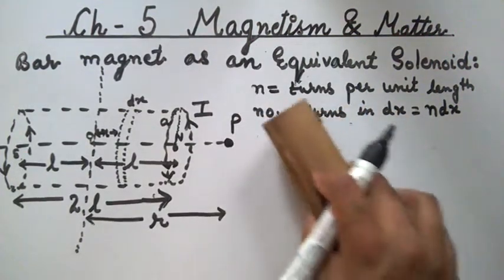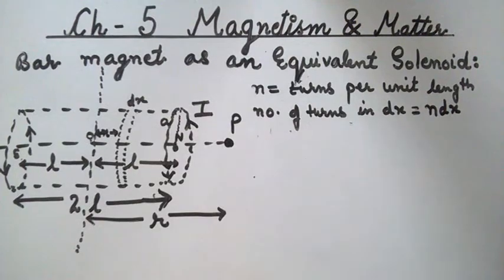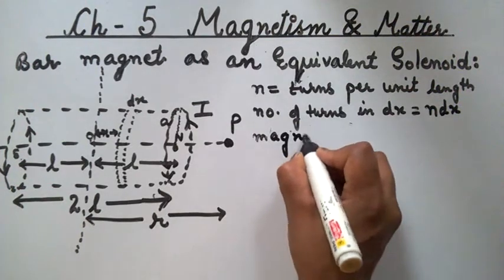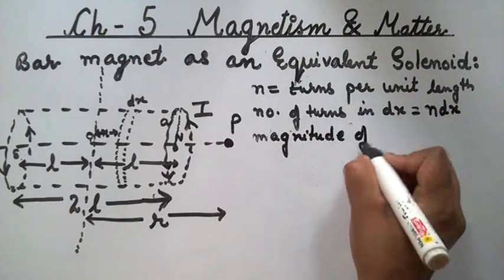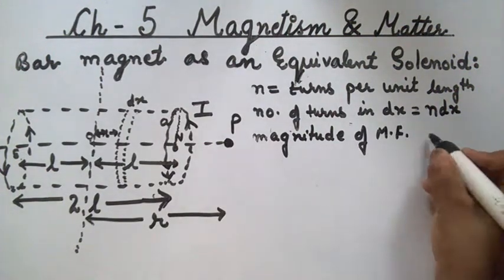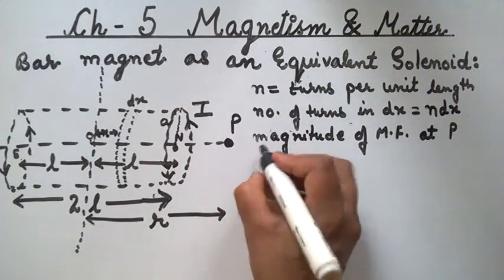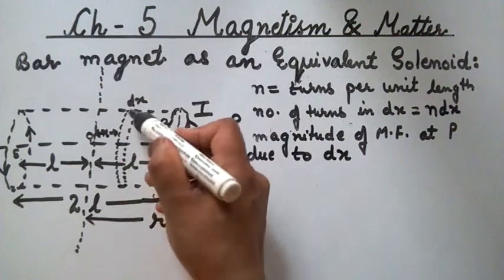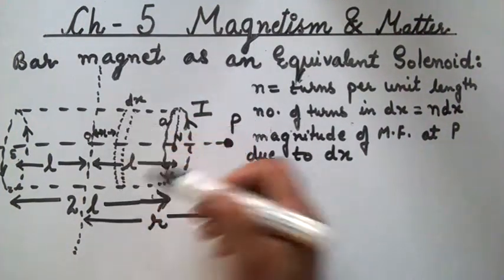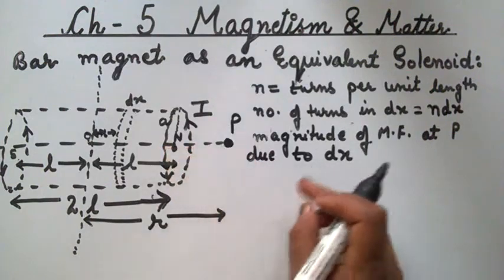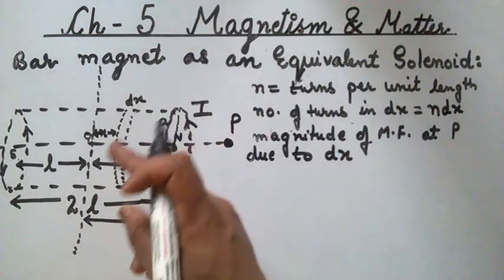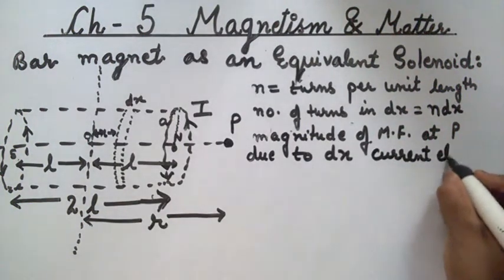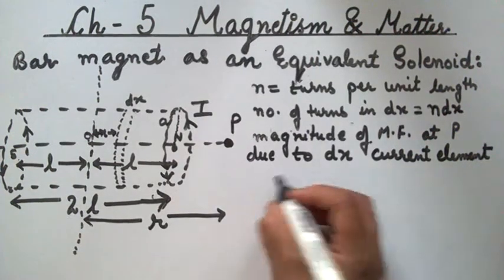The magnitude of magnetic field at point P due to the small current element dx, because the current is flowing in each turn, is equal to